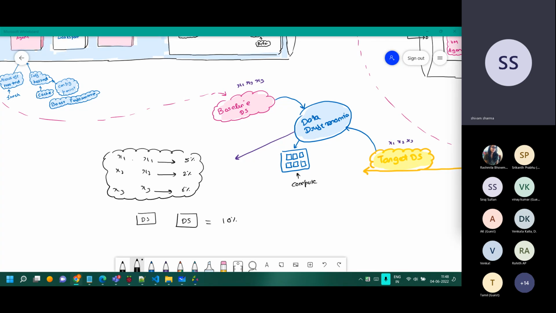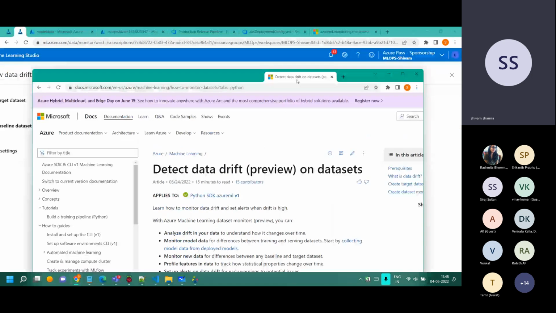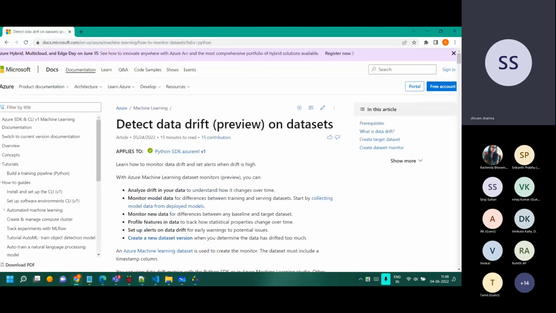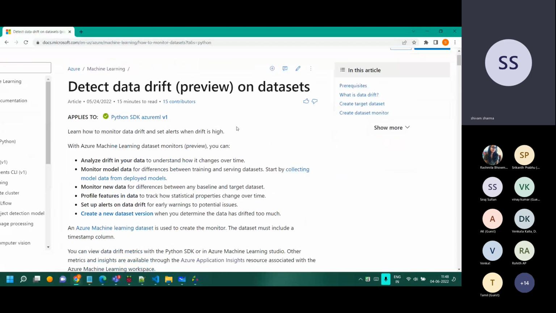If the drift goes beyond the threshold, then it will alert you. We can re-trigger the model training as such. And it's in preview right now. It's not totally out for production as such, but this is the one which we have over here.